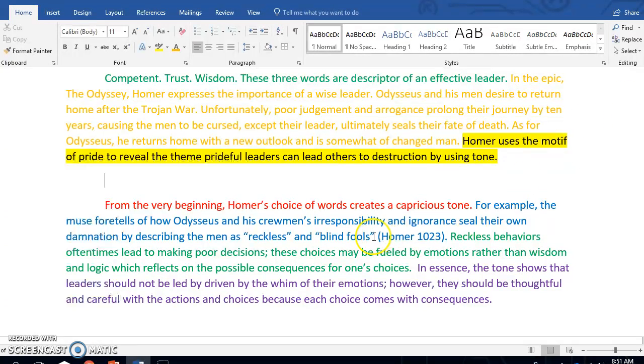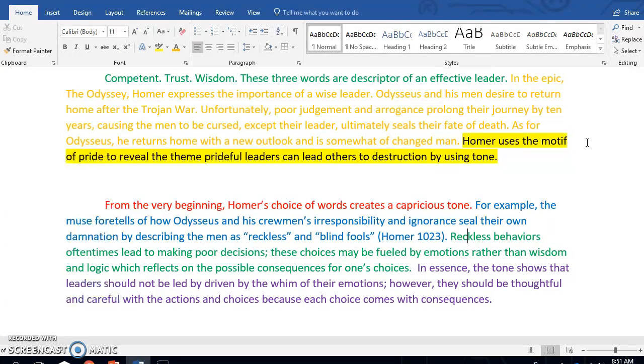So, what do you see? This is an insight citation. I have my parentheses. I have where it came from. It came from Homer, and then I put the page number, and I'm going to talk to you all about that a little later. Then I go into my explanation. Reckless behavior oftentimes leads to making poor decisions. These choices may be fueled by emotions rather than wisdom and logic, which reflects on the possible consequences for one's